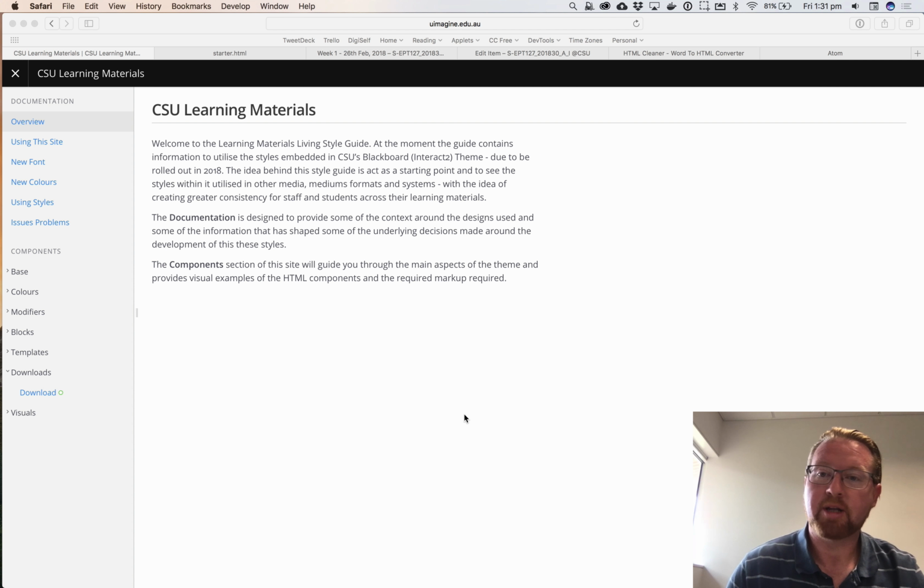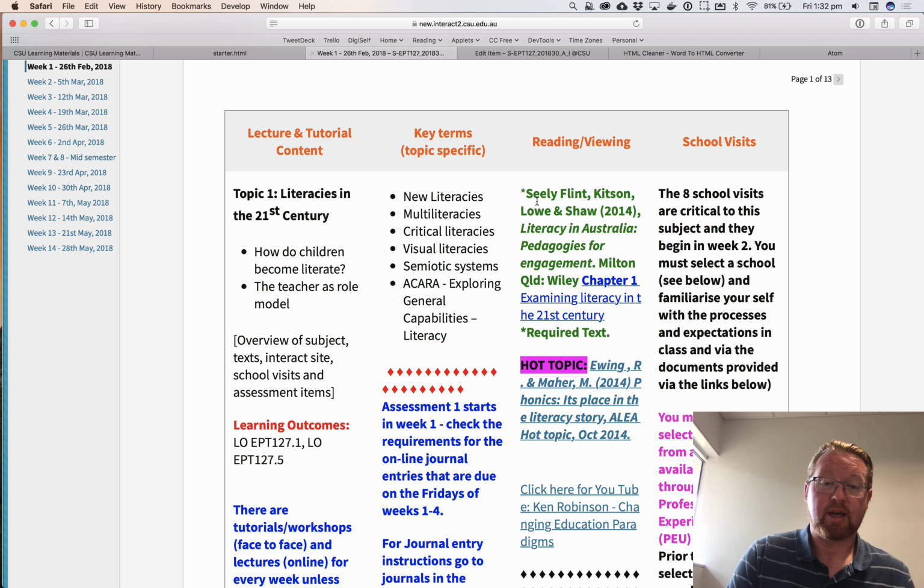Okay, in this video what we're going to do is do a quick cleanup of an HTML table layout, which is going to be a common thing with the new theme in Blackboard. So I've got an example here of an education subject, and they've used a table to lay out this kind of week by week